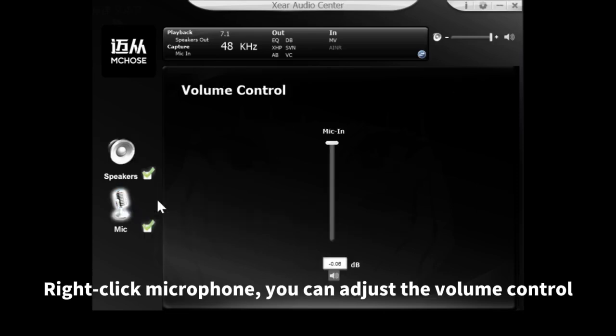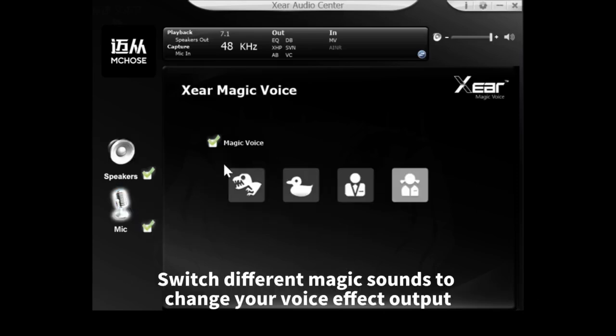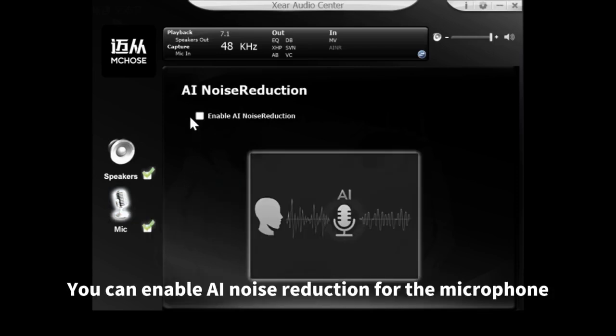Right-click microphone. You can adjust the volume control. Switch different magic sounds to change your voice effect output. You can enable AI noise reduction for the